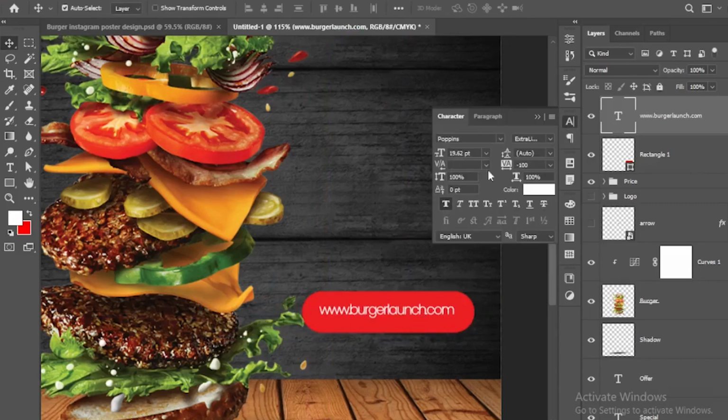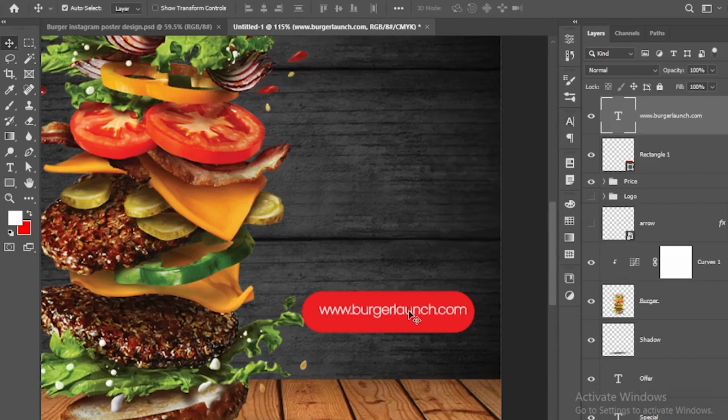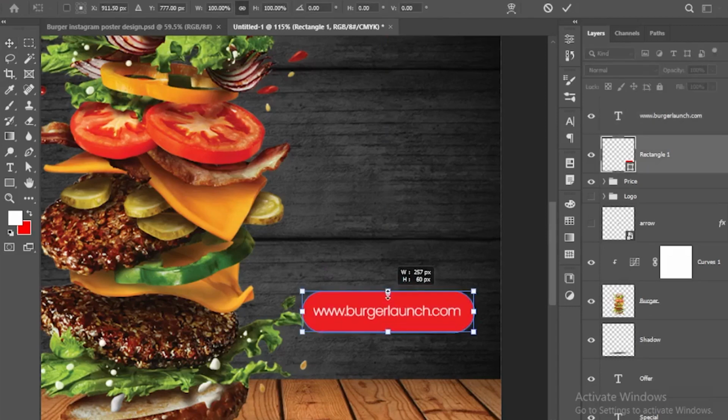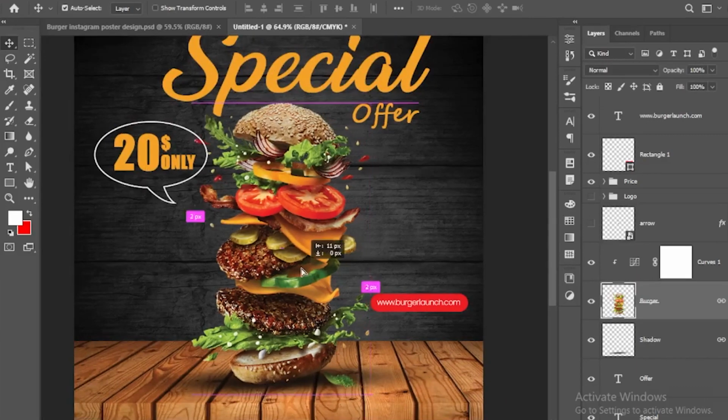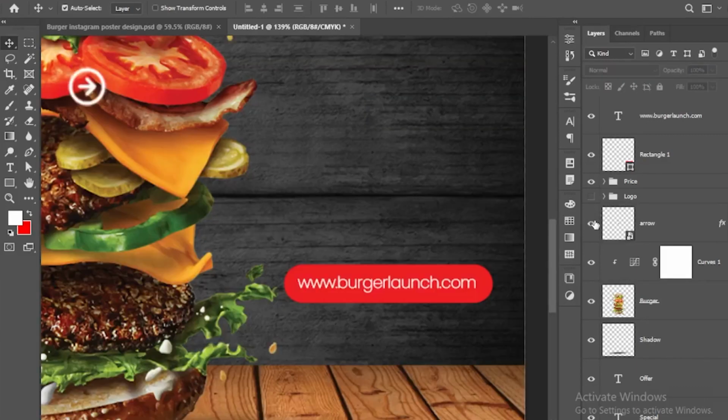I will change the tracking to around minus 50. Make it minus 50, it was too much. I will decrease the height of this button, because it was not looking good, and now it's looking better. But now the website is not prominent. Let's place an arrow. I have an arrow, so increase the width of the button